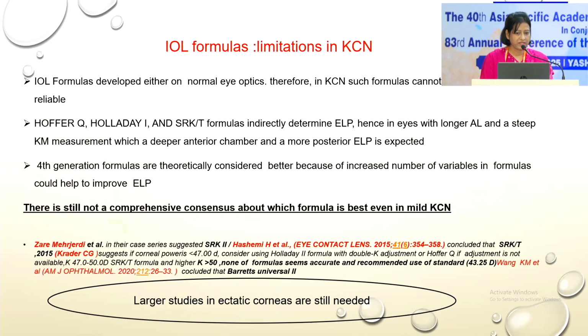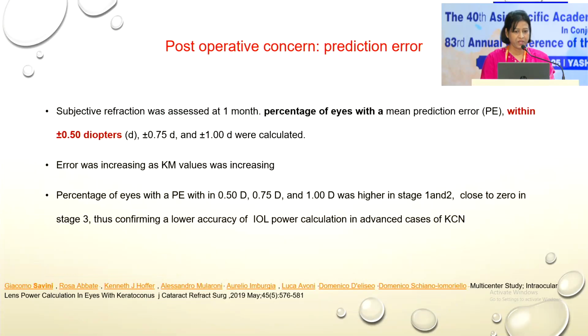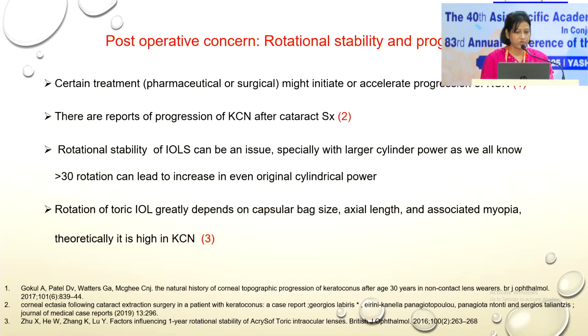IOL formulas also have limitations in keratoconus cases because all these formulas have been formulated for normal eyes, and still there is no comprehensive consensus about which formula is best even in mild keratoconus, so larger studies are still required. Post-operative concerns are also there. The prediction of refractive error after 1 month is highly low or almost zero in higher stages of keratoconus. Post-operative, another concern is rotational stability and progression of the disease. Rotation of toric IOL greatly depends on capsular bag size, axial length, and associated myopia,